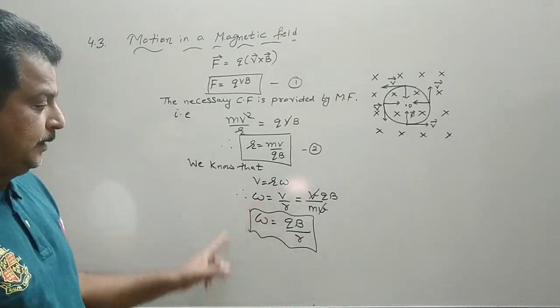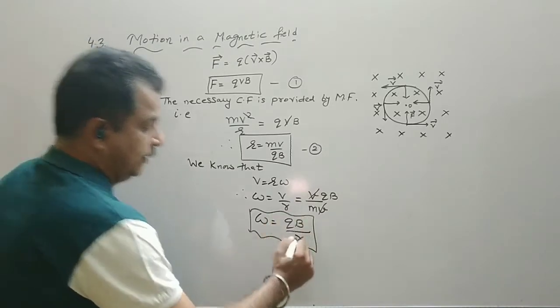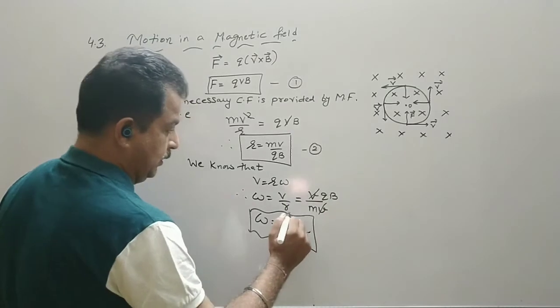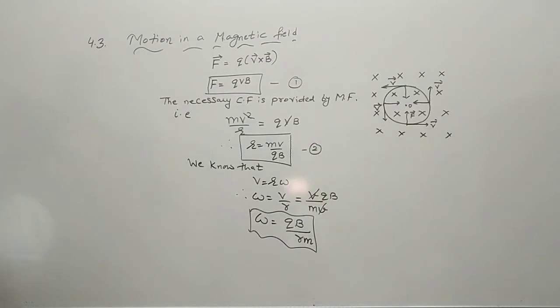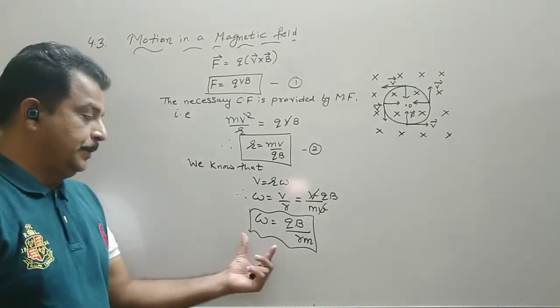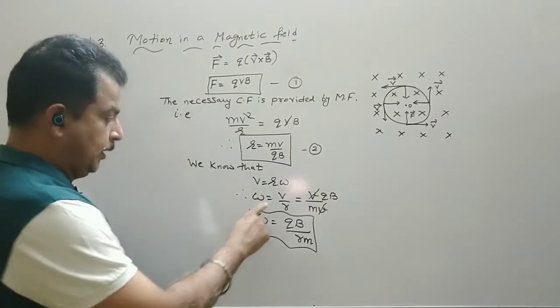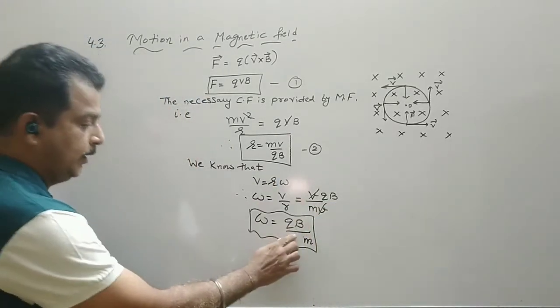So if you see this, we have omega is equal to V by R. So the R and m is left. So omega is equal to QB upon m. That is the formula for our omega. That is V is equal to R omega. Now let us come to the point. Now here omega is equal to V upon R. So it is Q by m only, not R.